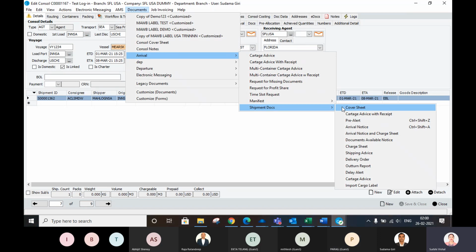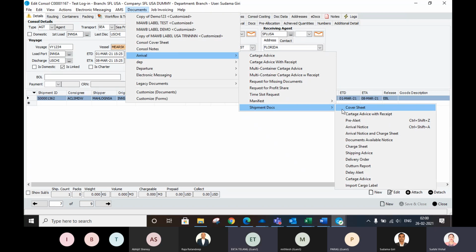There are certain documents which may be of use to you. Ekta, what are the documents you deliver to your consignee?